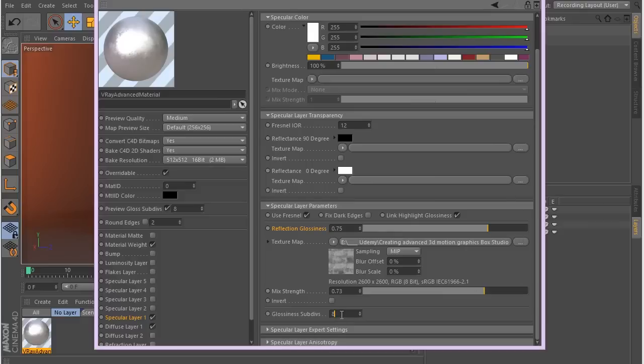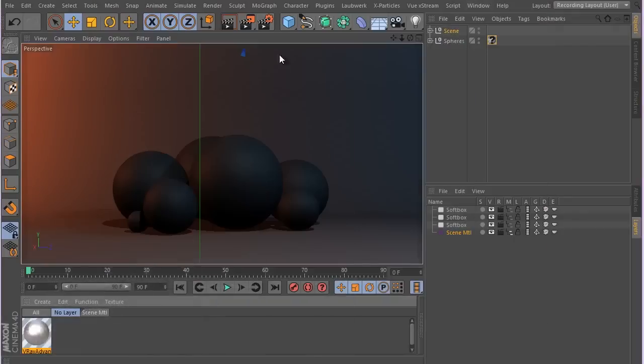Now you have this glassiness subdivision, which is glassiness subdivs here. Subdivs is short for subdivision. Basically, if you want to have a higher quality surface, you go and increase this value. But as a rule of thumb, it's a bit weird to really increase this value crazily, for example to 24. What we do is keep this value as low as we can, sometimes 16, and when the time comes to render